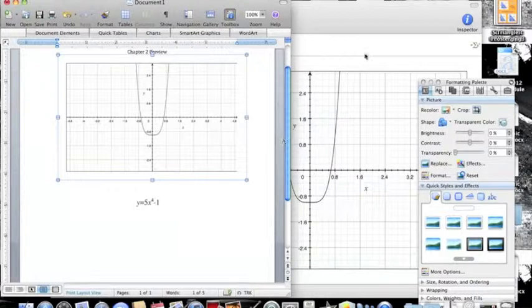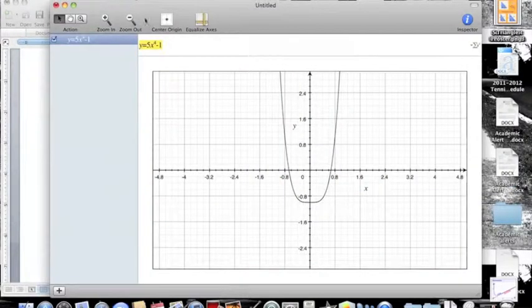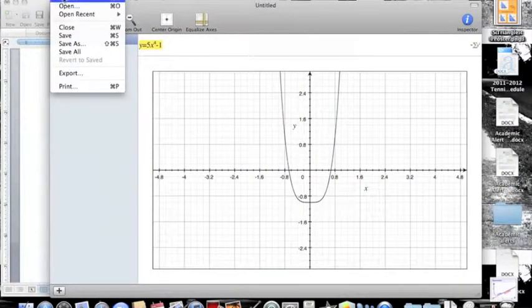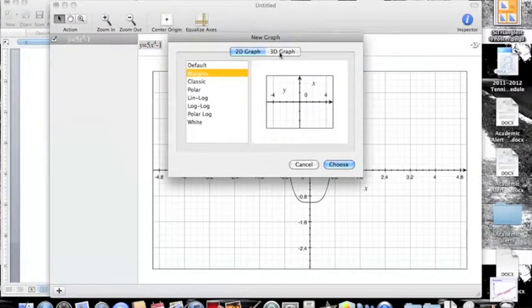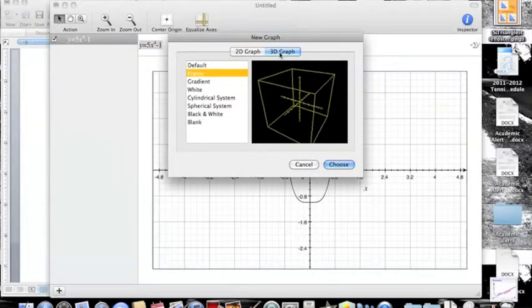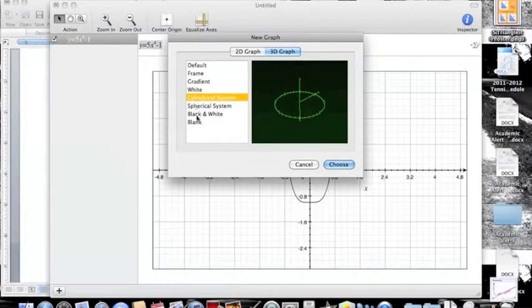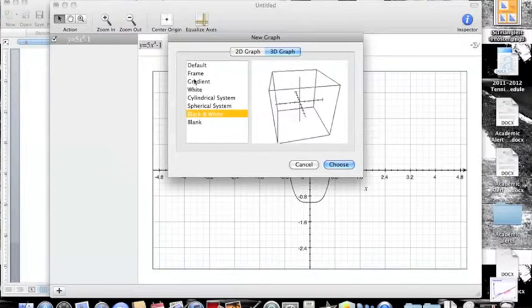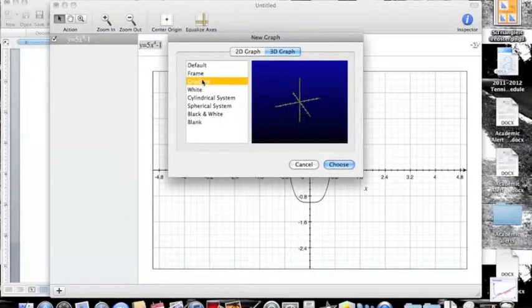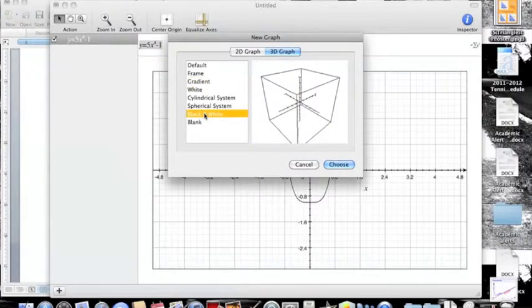Okay, now we'll go back to the Grapher, and if we wanted to do a new project, new graph, try looking at a three-dimensional graph this time. As you can see, we also have different three-dimensional graphing planes to work with. I sometimes like gradient. If we take a look at, say, this black and white with the frame, we'll choose this,